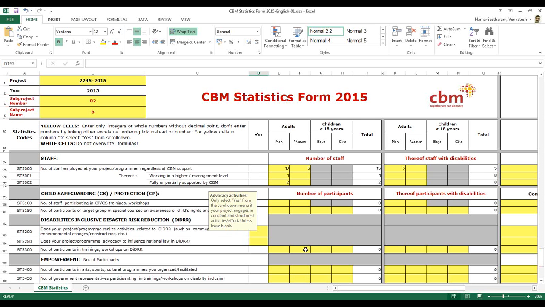If a CCO or a regional office is conducting a child protection workshop for outsiders, they can just put in the number of participants. This is just an example to let you know that the regional office and the country coordination office can also report on these activities, but ensure that this is not double reported by the partners also. Yes, if there are any questions.